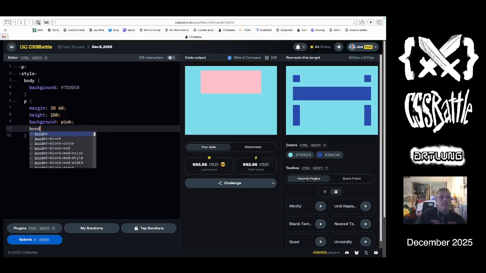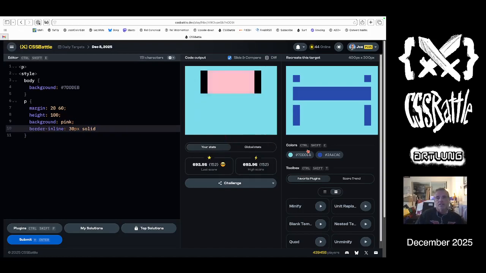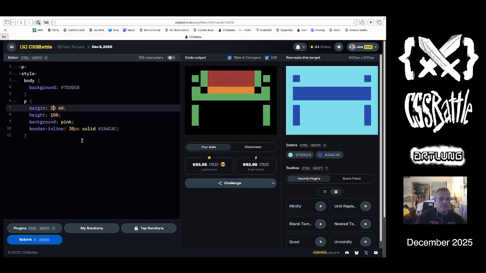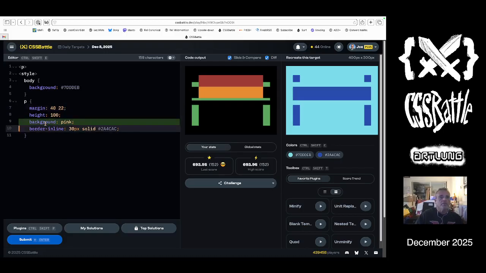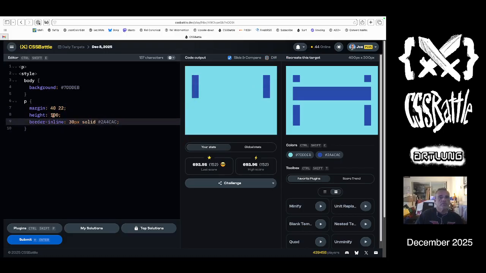So let's do border inline, and I think we know it's 30 pixels solid. This color, plonk, and we set some margins. What is it? 3, 4, and this is 22. I'm finally learning. Plonk, and then the way to do this one is to make him taller. 220,